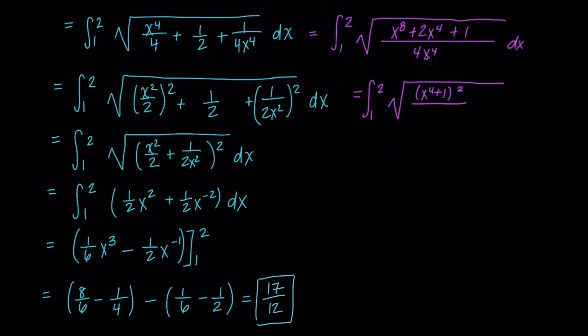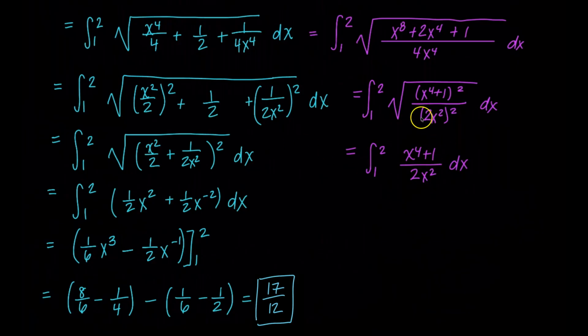And the denominator, we can also rewrite as something squared. So this is 2x squared, squared. And this is still underneath the square root. And so what we can do is, now that they're both written as a quantity squared underneath the square root, on the interval from 1 to 2, I can go ahead and cancel these out. So I have the integral from 1 to 2 of just x to the fourth plus 1 over 2x squared